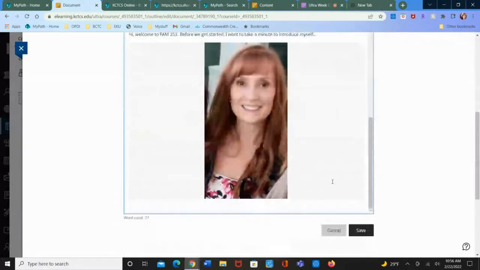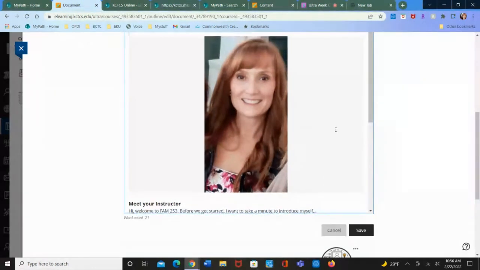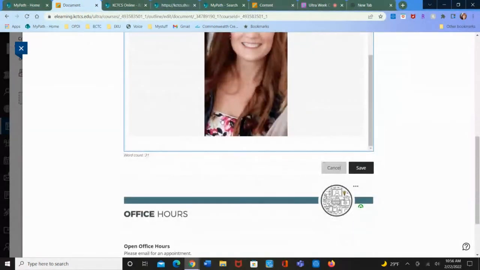And then it will actually just post it right there in line. It will tell you, when you're choosing an outside source to include, whether it's going to post it in line like this, or if it's going to be an attachment. So I have that, and I can save this